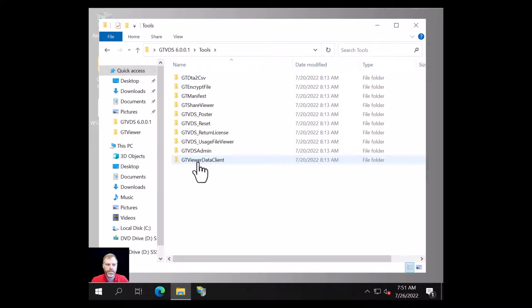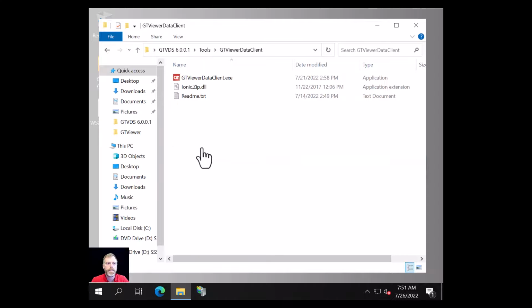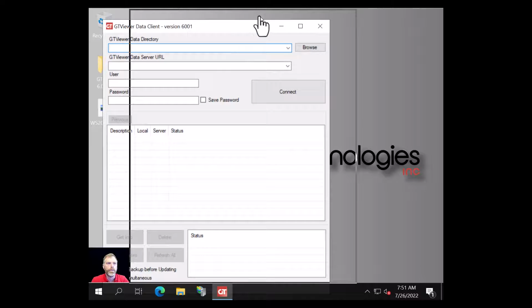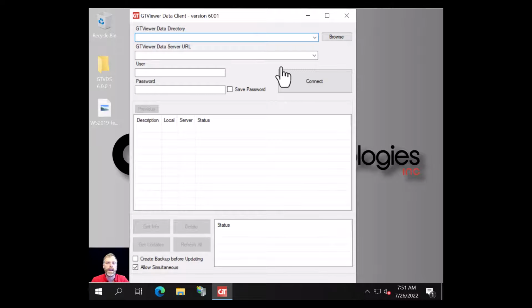There is a GTViewer data client directory, and if we run this, this is just a Windows app that will download a data set from the GTViewer data server. It does the same thing as GTViewer for iOS or Android, except it doesn't download it into that sandbox on the device. It downloads it to a directory we specify on our server.